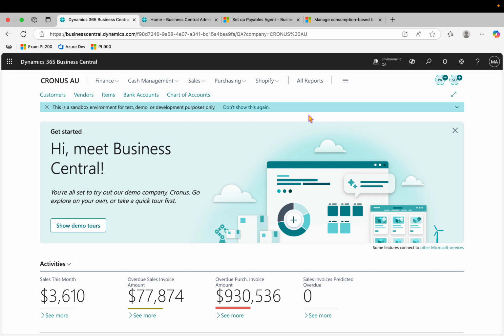Today in this video I will try not to make a very long video, but just inform you about the new functionality which I have got in my trial version of Business Central. As you can see, I am currently running the sandbox environment, and I got to see this payable